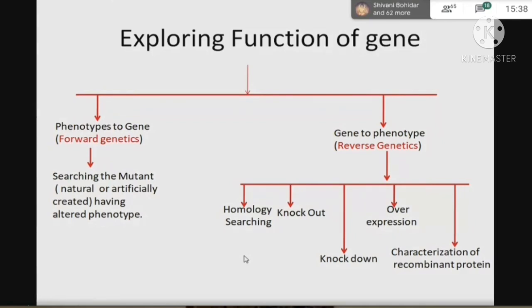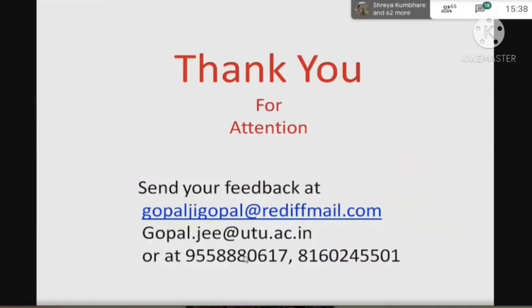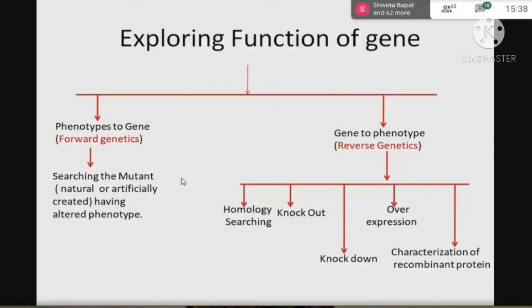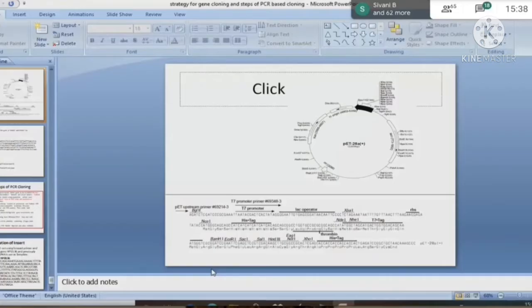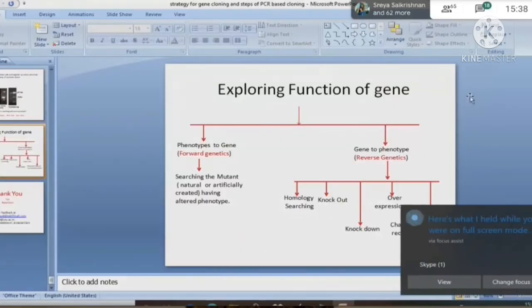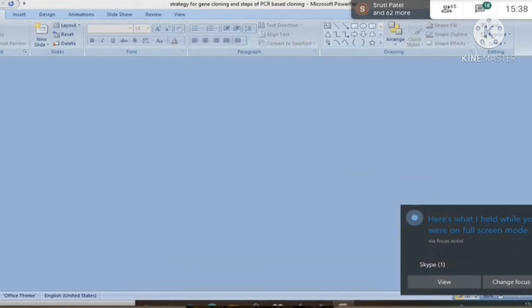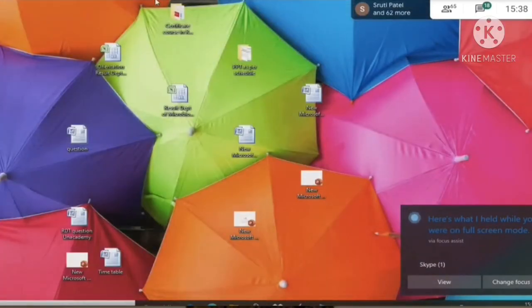Okay, so you don't have any question? If your seniors also have any question relating to cloning and expression, you can bring that question tomorrow. We will discuss that. So now